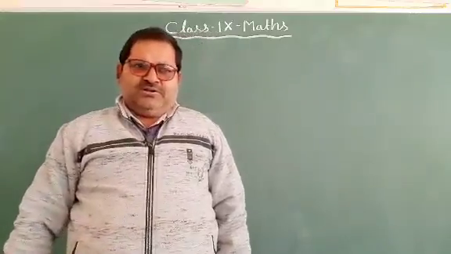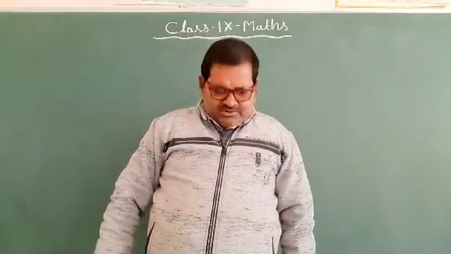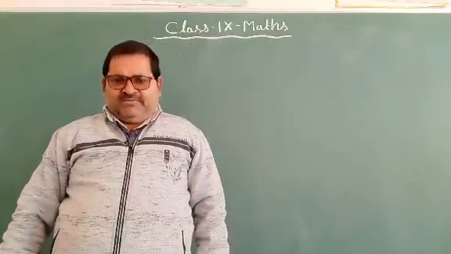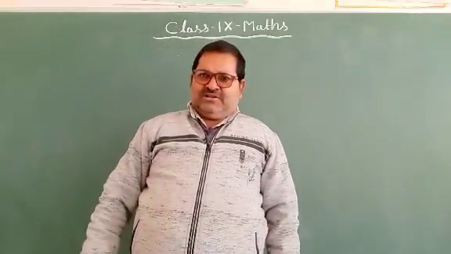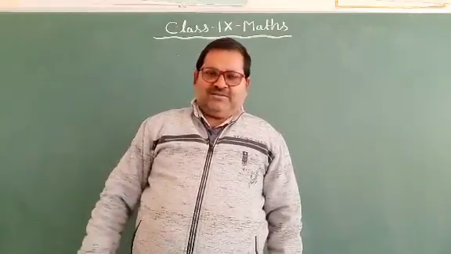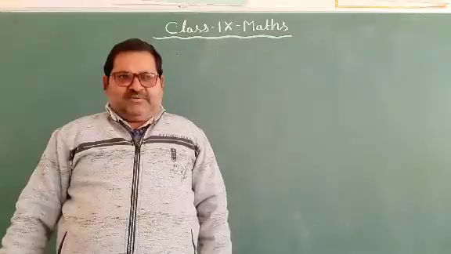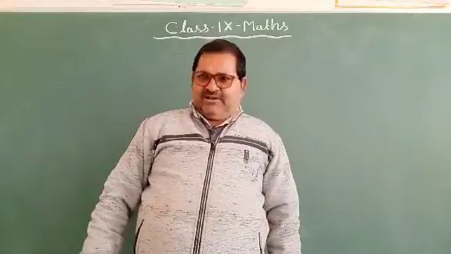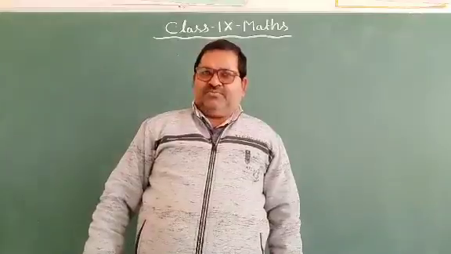Now today we discuss the volume of a cuboid and the volume of a cube. A cuboid is a solid three-dimensional figure which has 12 edges, 8 vertices and 6 faces. The cube is a solid three-dimensional figure and all the sides are equal. Then we find the volume of a cuboid as well as the volume of a cube.